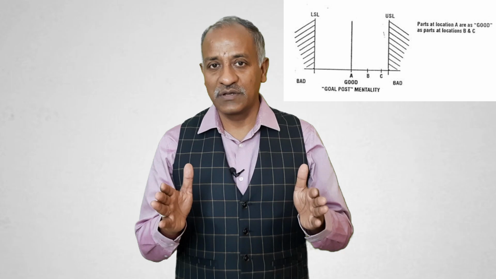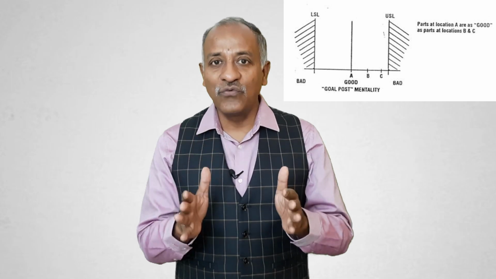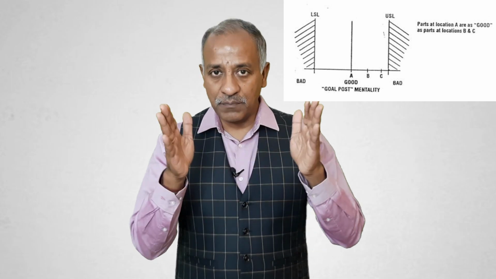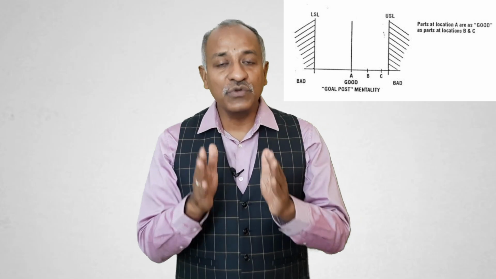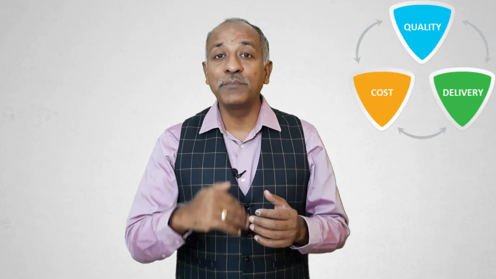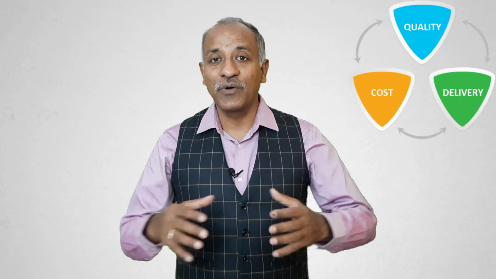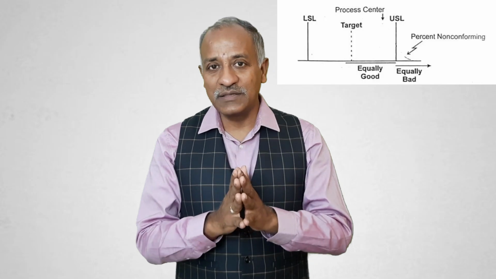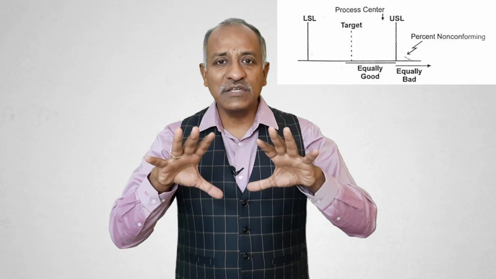When we talk about goalpost, primarily the intent is that whenever there is an upper specification limit and a lower specification limit, sometimes the organization's only focus is that if all the parts are between this specification, we should consider it to be okay. But if you see it from the SPC context, they are talking about three key things: how we can improve productivity, how we can increase quality, and how we can reduce the variation and the waste. But when our focus is only on the specification limit, there is a high possibility that we are seeing things more at the macro level.